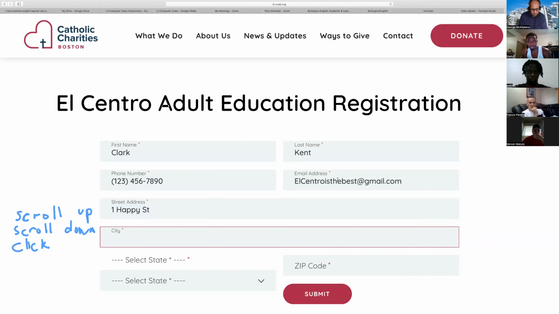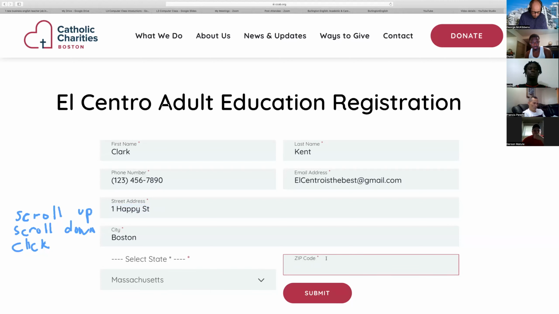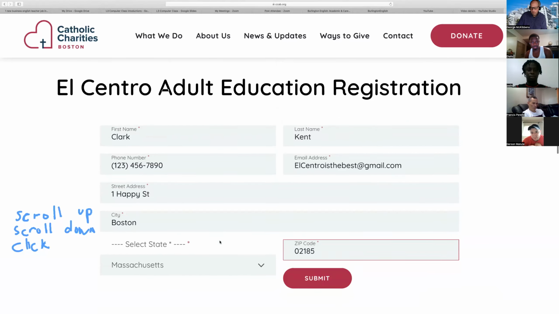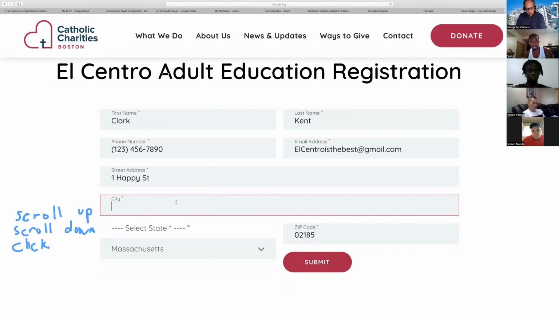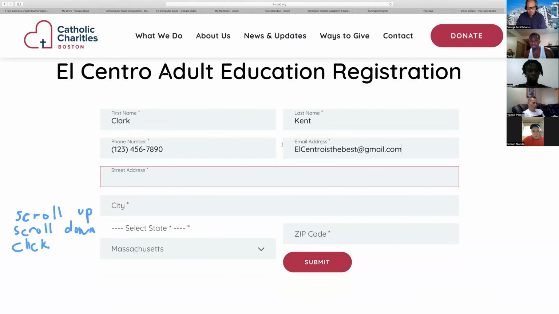And then put in the zip code. Now what do I click? Submit. Submit. There we go. I'm not actually submitting that because my colleague would think that this is an actual student. But if you have a friend who wants to join the program, this is what you tell them to do